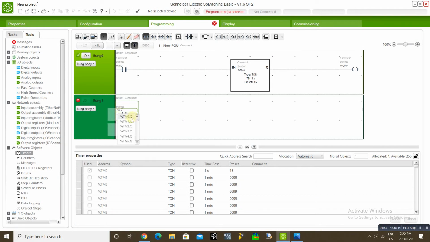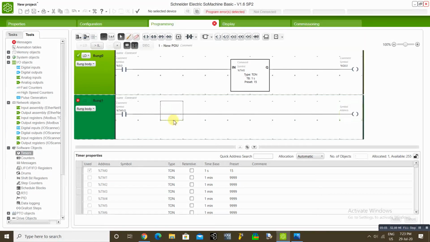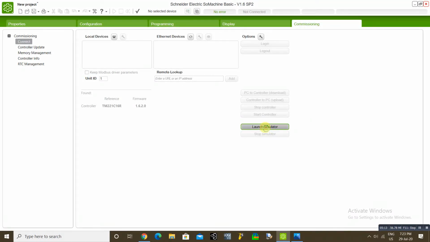You can see our timer is TM0.Q. You can connect one more output with this.